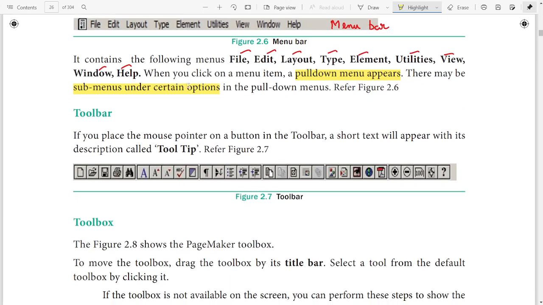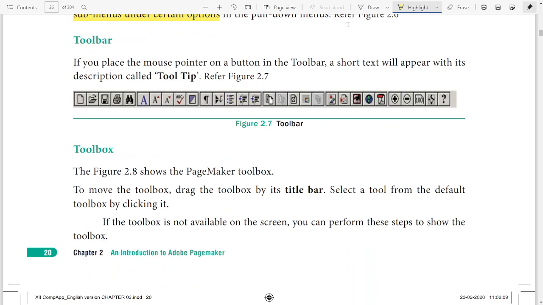Next one, toolbar. If you place the mouse pointer on a button in the toolbar, a short text will appear with its description, called a tooltip. Tooltip is nothing but the function of that particular toolbar button.